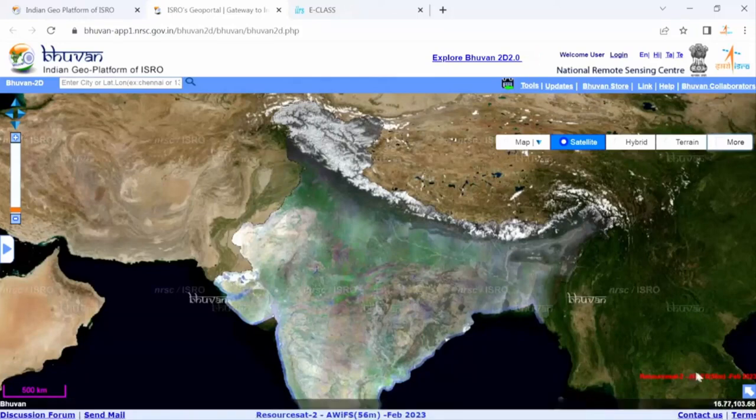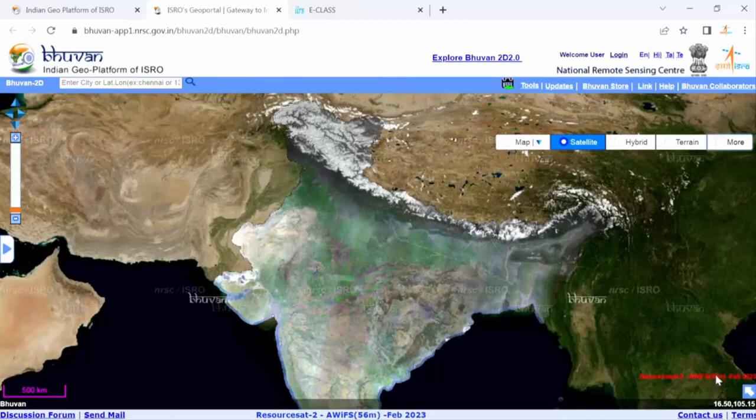Similarly, there is another sensor by the name AWiFS. This AWiFS has the capability of measuring 56 meter by 56 meter on the ground as one pixel, as one unit. Similarly, there is the third sensor, which is known as LISS4.